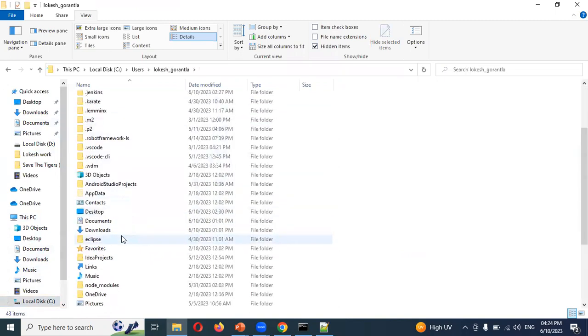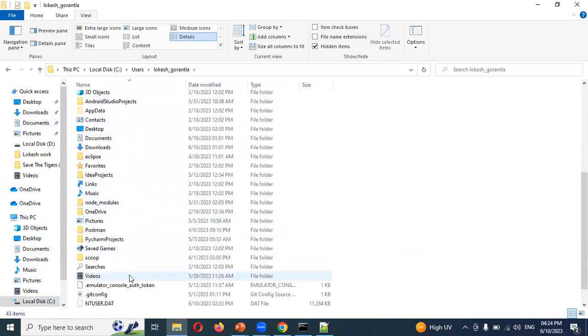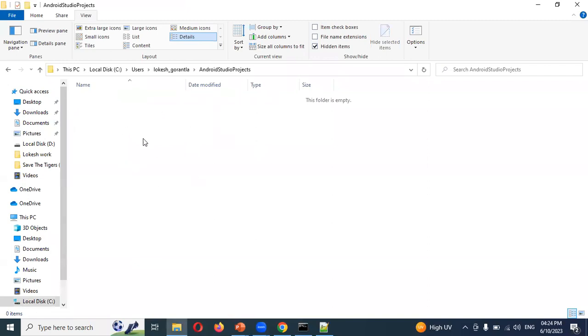user, and you will get it down in Android Studio projects. Here it will be presented. User location, there is Android Studio projects, and here it will be presented. Delete the project. Once you delete the project, then installation will be done, but we need to set up